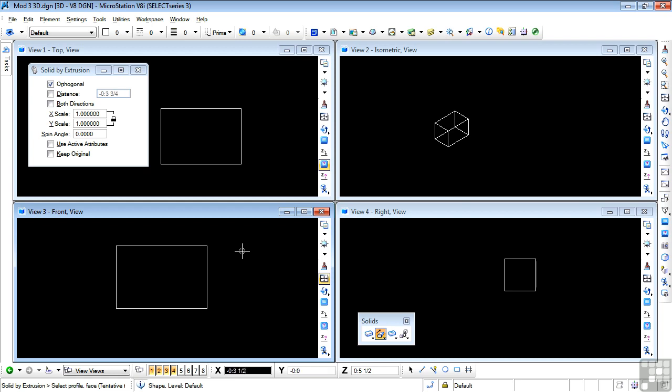Now having said that, you might be asking yourself, why did I say that? Why can't I extrude the block in the isometric view using the view orientation? Well, try it and see. And after you've done it, measure the height of the block in the front or the right view and see what you find. Now, the whole point here is to note that the view compass orientation, 2 views are required